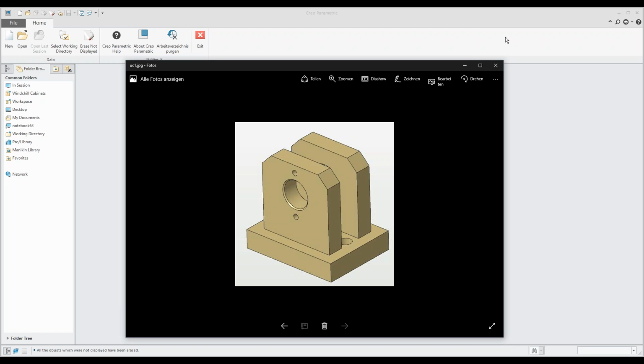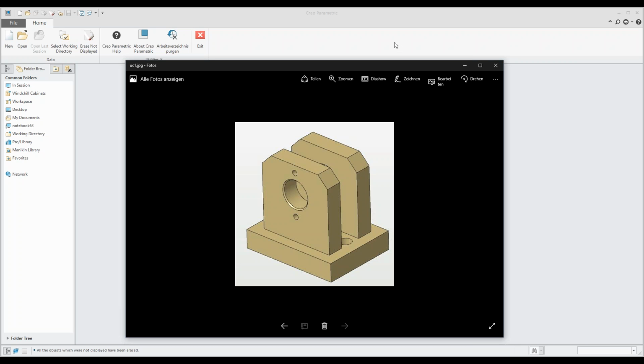And I've got the honor to show you Model Search today, live and in action. I've prepared some perspectives on how Model Search can help me as a design engineer, as a manufacturing employee and so on,